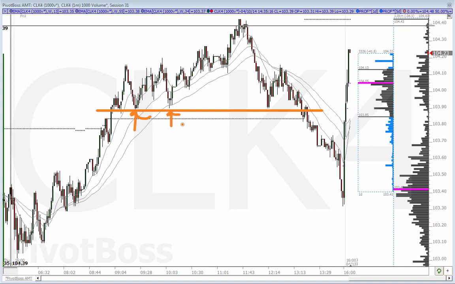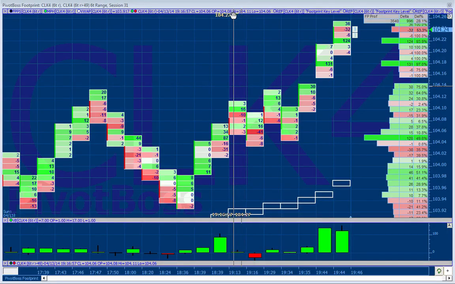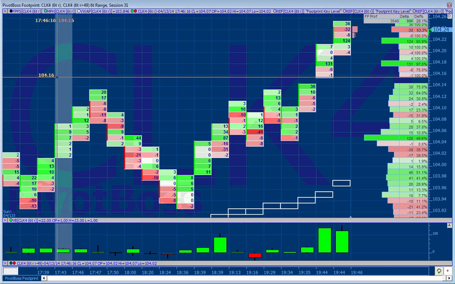So what we're going to do is identify these key levels here using order flow. But first, let's look at the actual footprint chart, and let's look at the key elements of the chart so that you know what we're looking at. Okay, so this is the footprint chart that I've created.